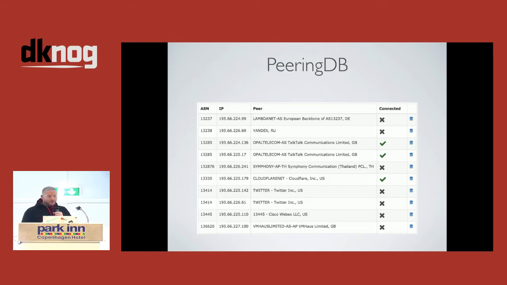So you can go in and look at one of the peering LANs that you might be connected to, for instance. I think this might be taken from one of the LINX LANs, and it will map out who you're connected to. So just at quite an easy glance, you can look at who's on that peering exchange, who you've got BGP sessions configured with, and who you haven't. So again, you can maybe use it to start going through, sending out your emails, etc., to say, hey, come and peer with us. We want to make use of that more over time. Not too sure what else we can do with it, but I'm sure there are other bits of data out of PeeringDB we can make use of within the system.